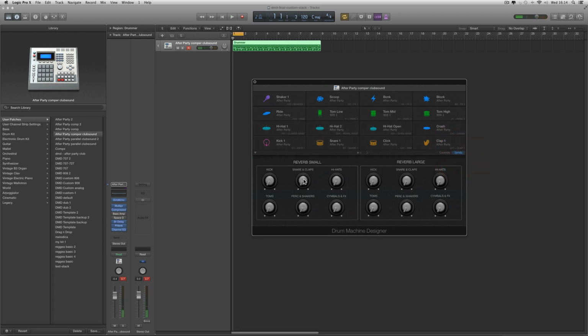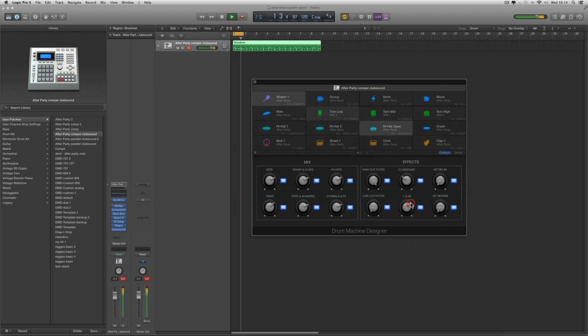Sends to our small reverb, big reverb, club sound, parallel compression, etc. And in our stack